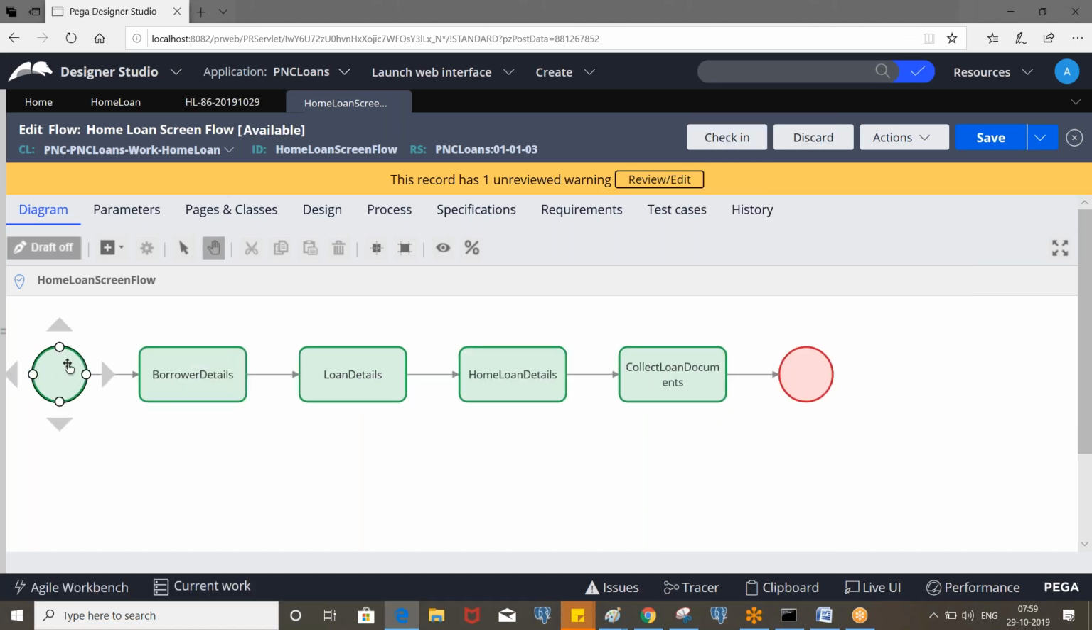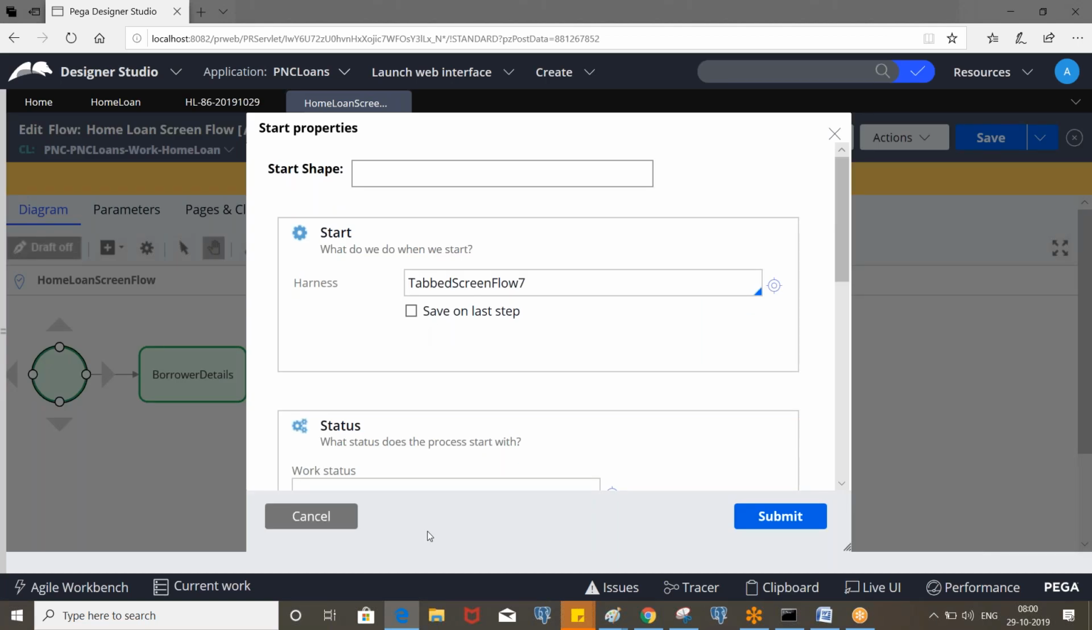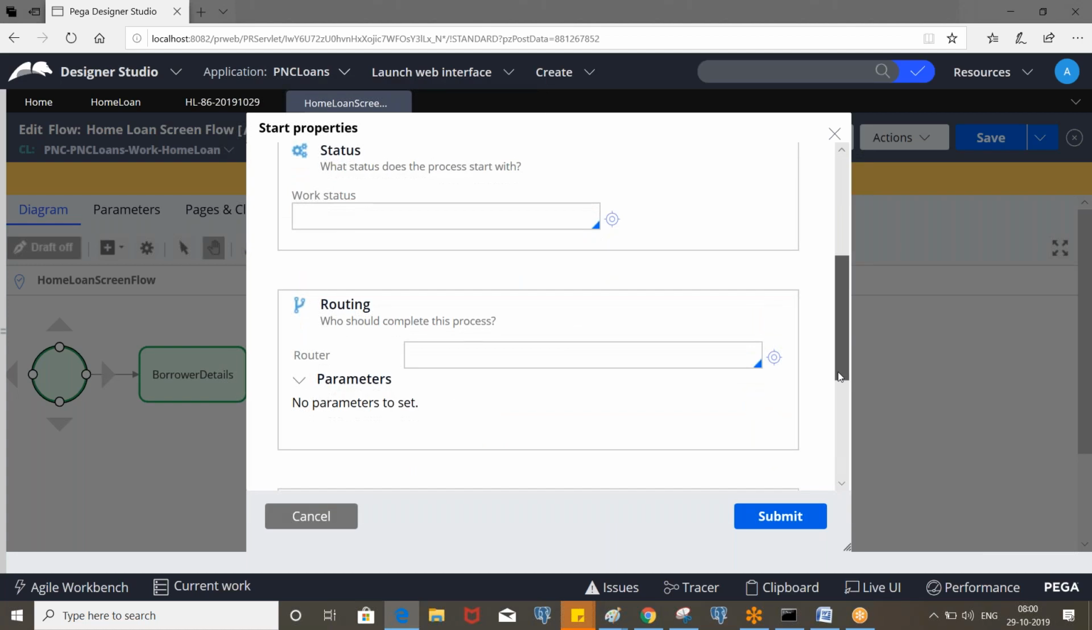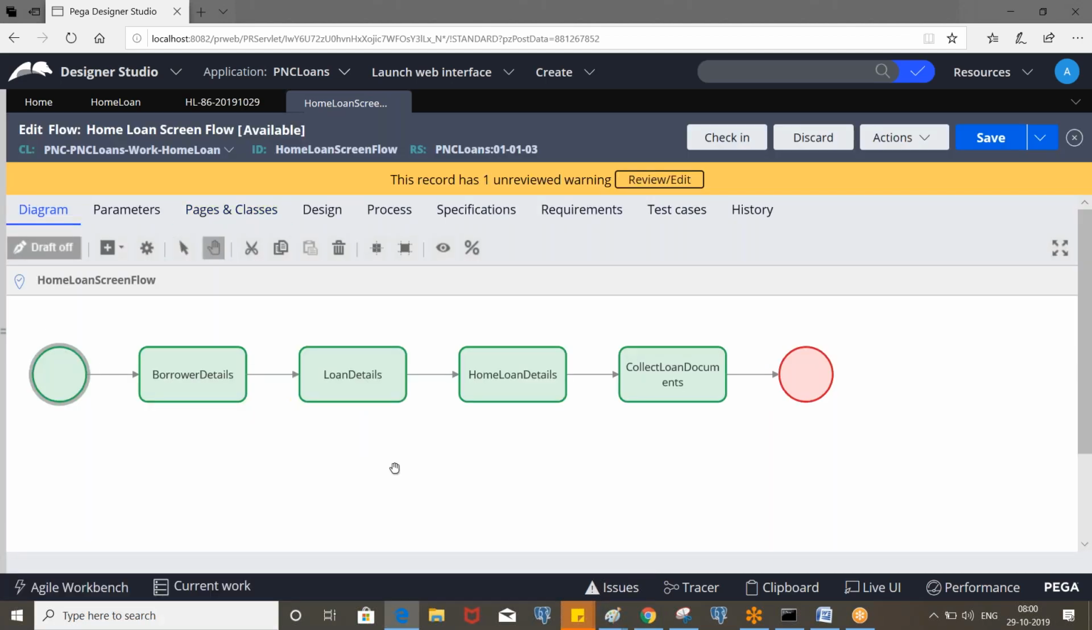Align horizontally. If you look at the start shape of the flow, you see the routing option. That means here you can put the routing, and the whole screen flow will be routed to a single operator or work basket, where the operator will be able to perform all the assignments. Now let's invoke this screen flow